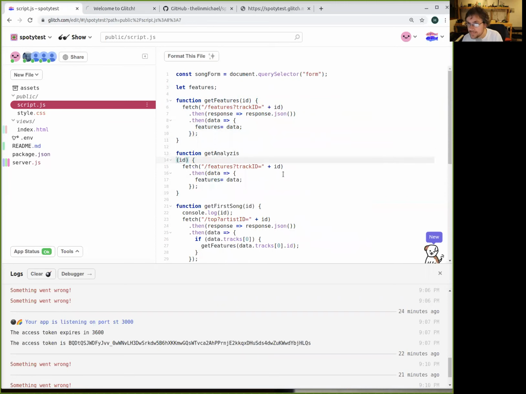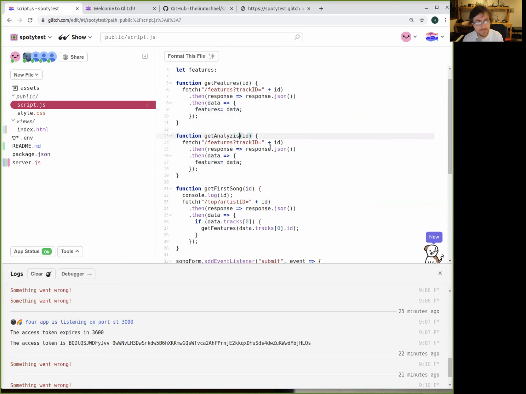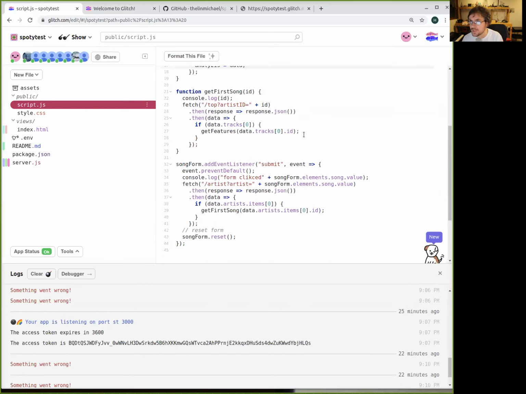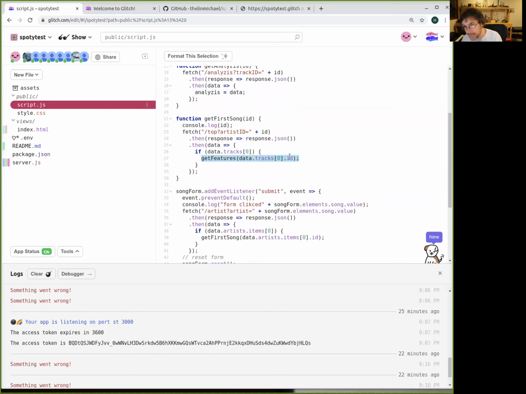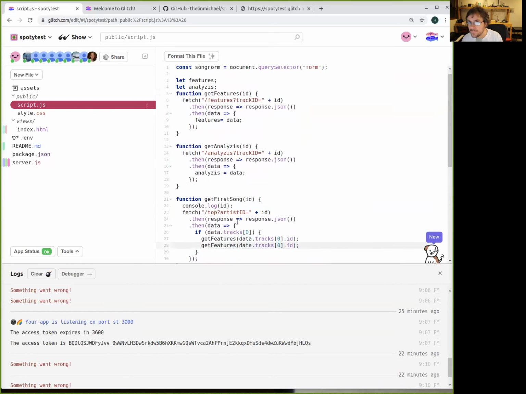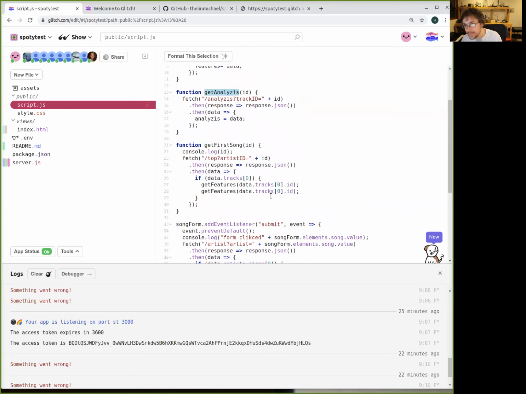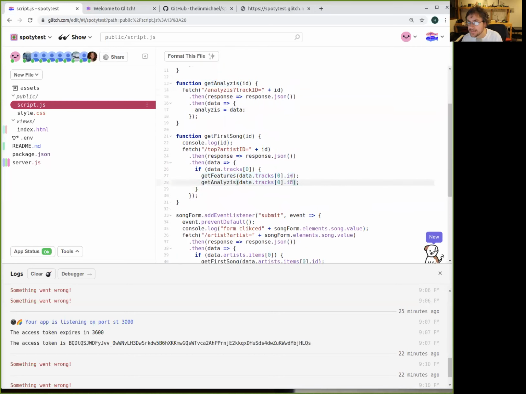Get analysis of the same piece. The only difference is that we are going to be calling analysis of the track. Then I'm going to say let analysis, and the analysis will be equal to the data. And then in addition to the features, we are also going to get the analysis. Get analysis. That's it.